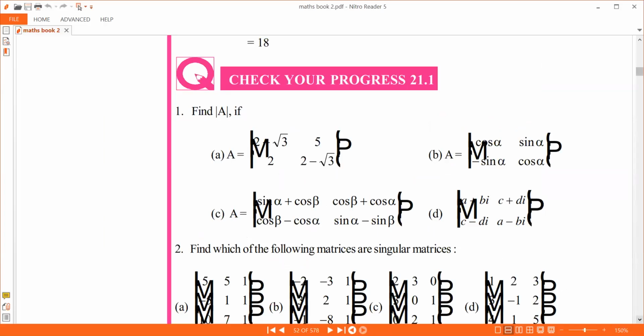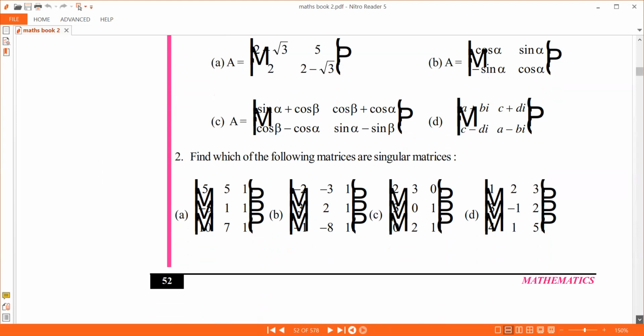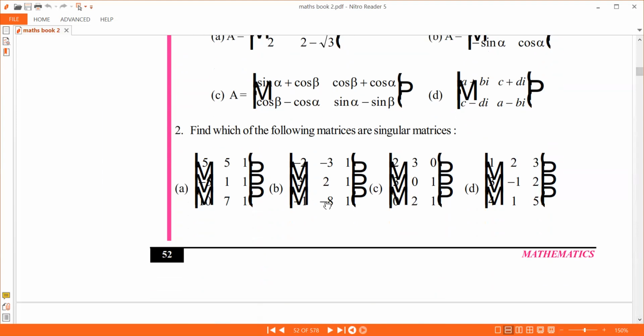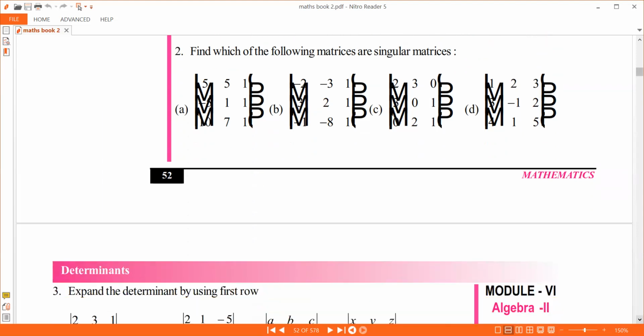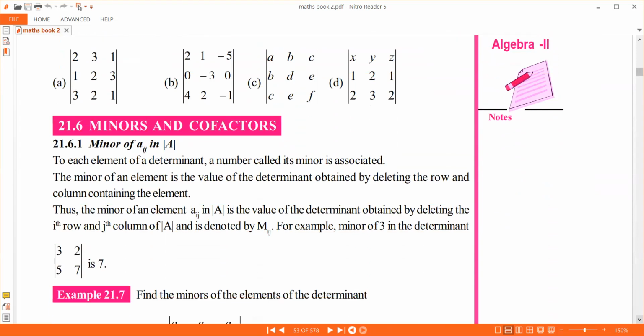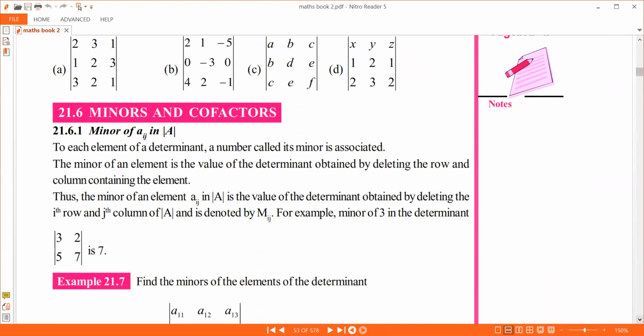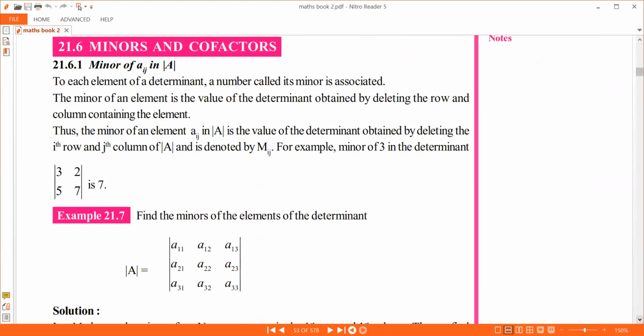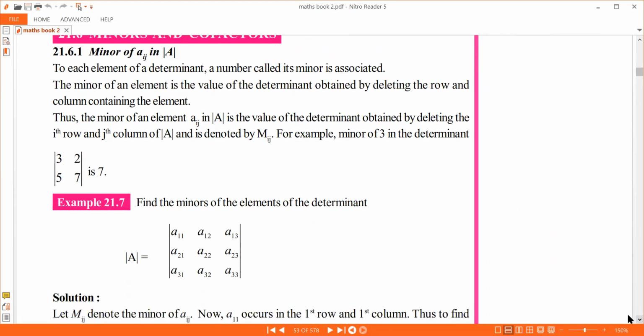Now the other one. So this is number... you can do this. It's the same stuff again and again. Expanding the determinant, you can do that. Elementary formula, the same formula. Okay. Minor. This is important.